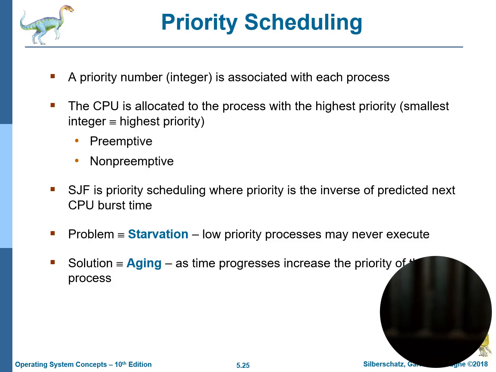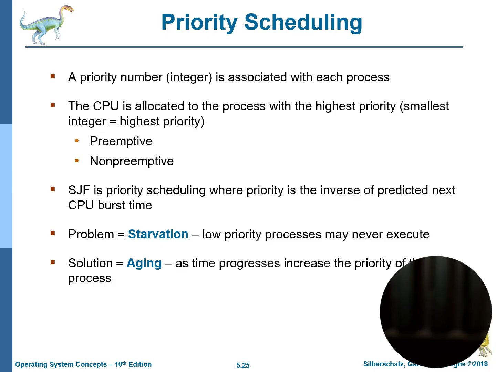When it is preemptive, like we said, it means that if a process that is currently running is of a lesser priority than the process that has arrived in the queue, the process in the queue can lead to preemption of the process that is currently running. If it's non-preemptive, a process that has been allocated a processor is going to run up to completion before relinquishing the processor. An example of priority scheduling is shortest job first, because it prioritizes processes with short burst times.